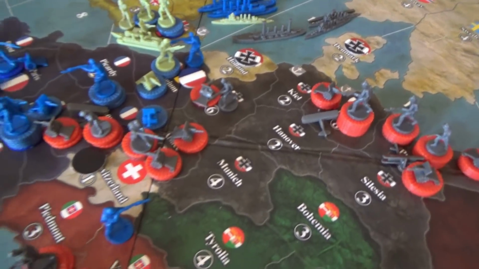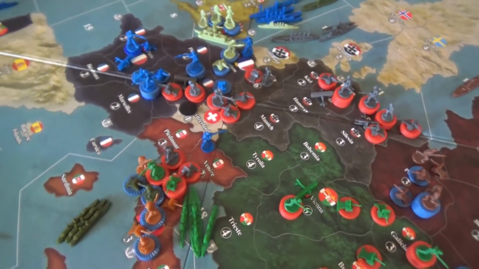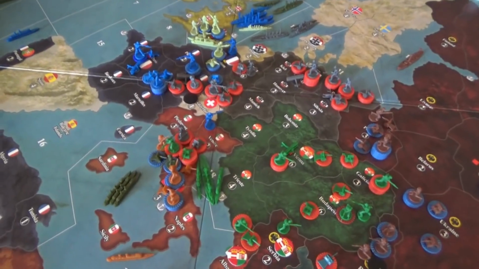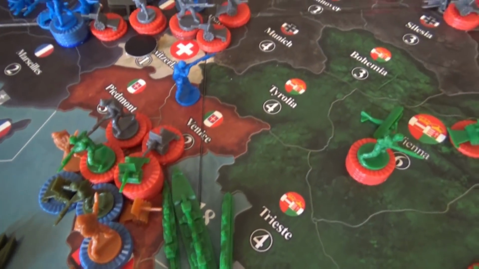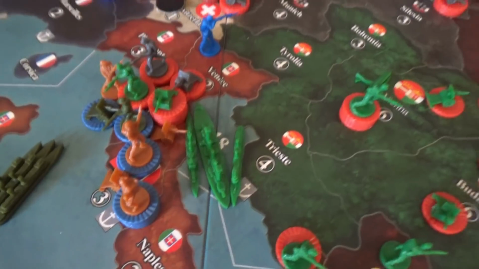And the Germans, having sent all these guys down here hoping to take care of Italy in 4 turns, which isn't going to happen unless the rolls are absolutely... No, I don't think it can happen. No, because Austro-Hungary has to go first, and they can't get rid of... Well, they can get rid of that, but the Germans only roll 6 dice, and Italy's got like a dozen things in there, so...